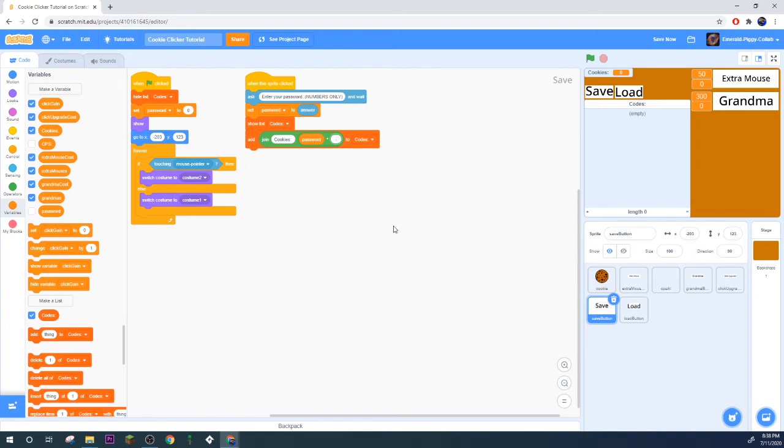I'm going to do 4321. So now it'll take your password times 4321. Right now it's 0, so it's going to give me 0, and then it'll give you a new number for how many cookies you have, right? So it'll be,